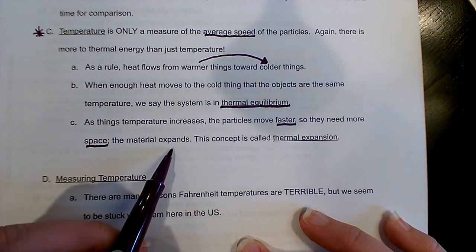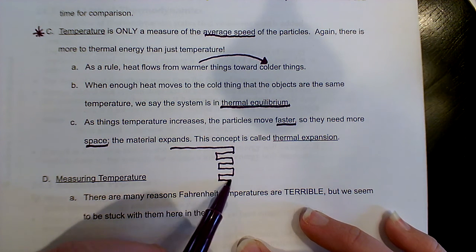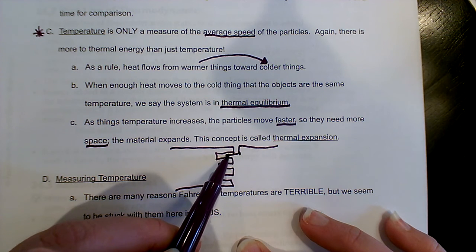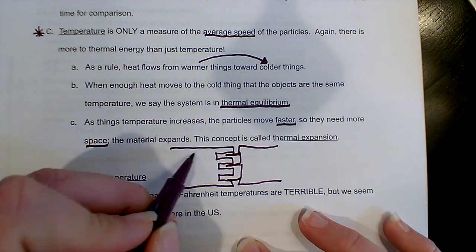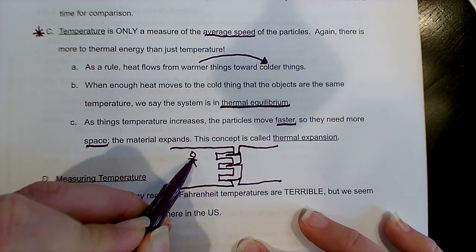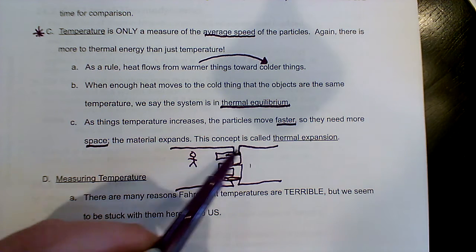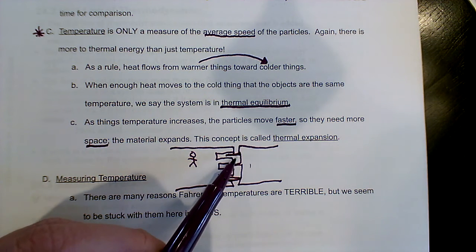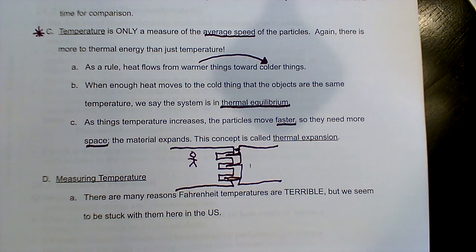If you ever walked across a bridge, if you look down, you might see a strip that might look something like that. I'm not going to make a very good one here. So like this would be the scale of a human being. But these would be expansion joints, so that in the summertime when the bridge molecules are moving faster and they need more space, the bridge doesn't buckle. What happens is these little gaps get filled in. So thermal expansion, it's a thing.